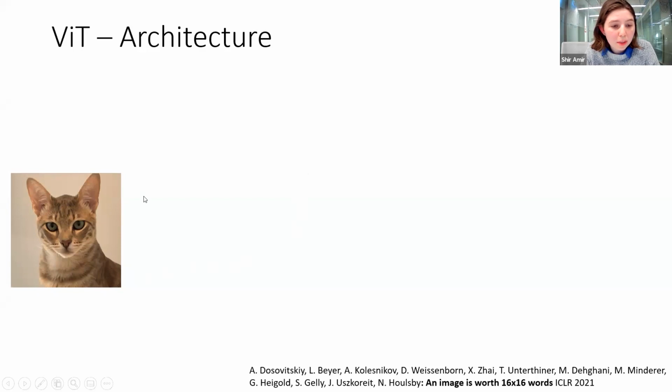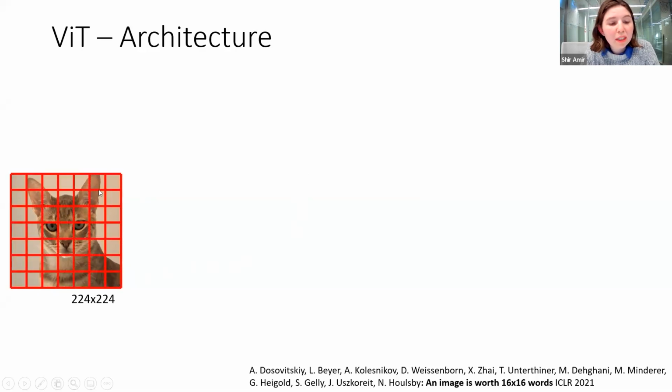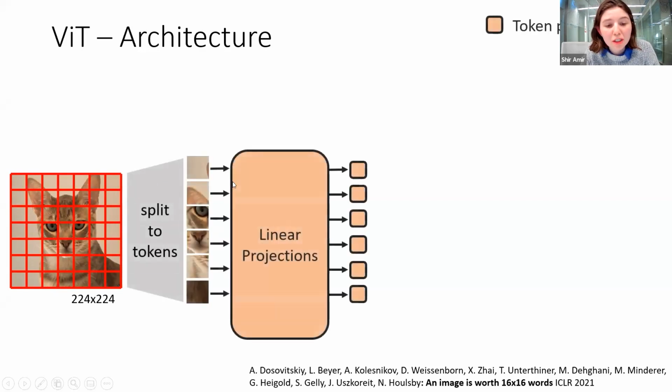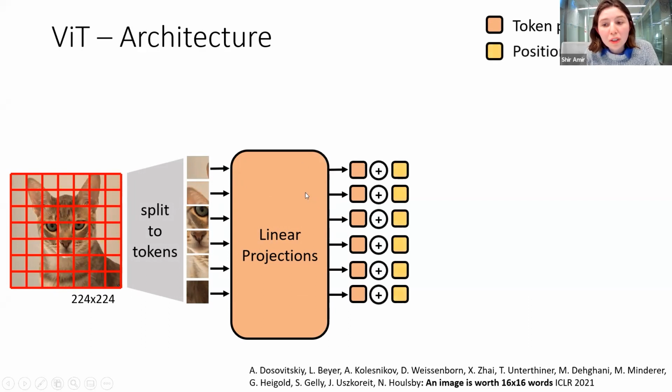So we begin with an image. We split it into several non-overlapping small patches. Then these patches are passed through a linear projection, and we receive an embedding, a vector representing each one of the patches. Then, in order to avoid the transformer being permutation invariant, we add positional embeddings to each one of the tokens, so that each token understands which position it belonged to in